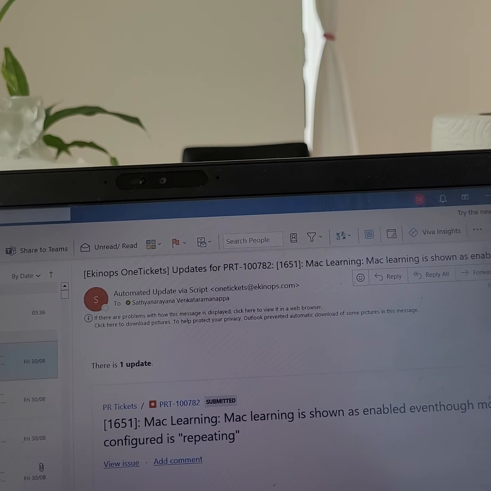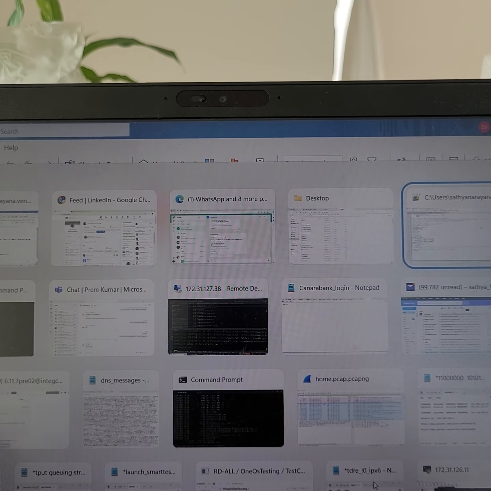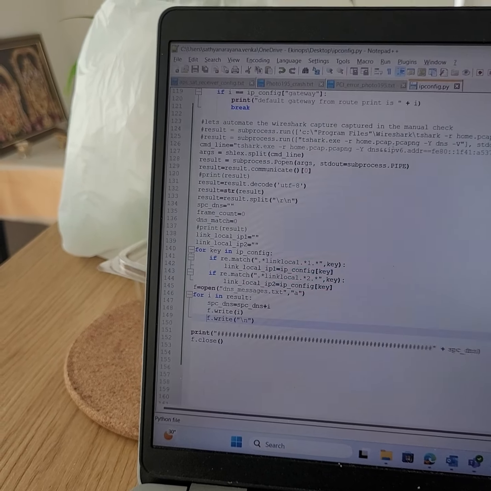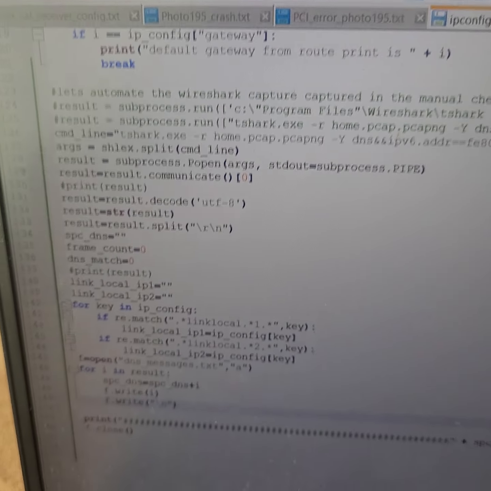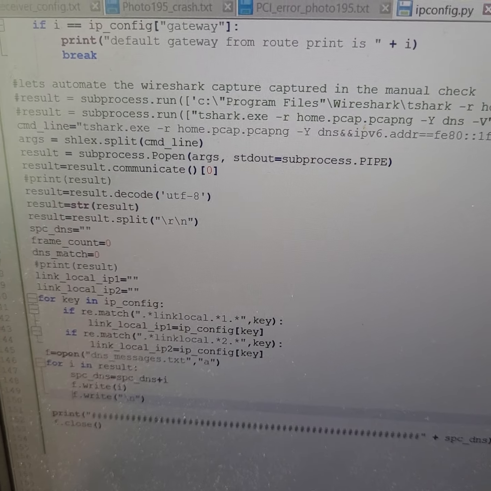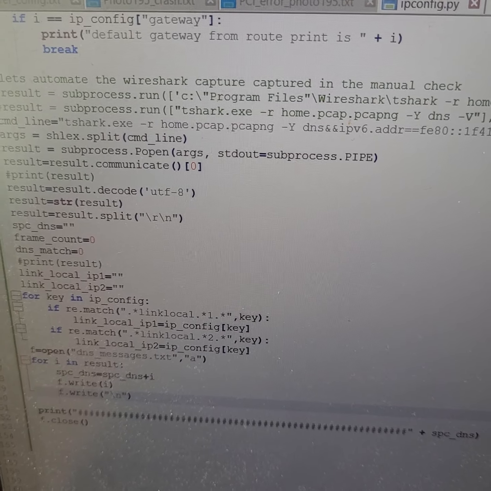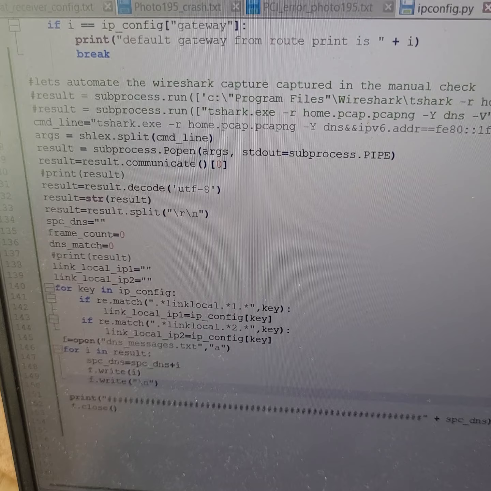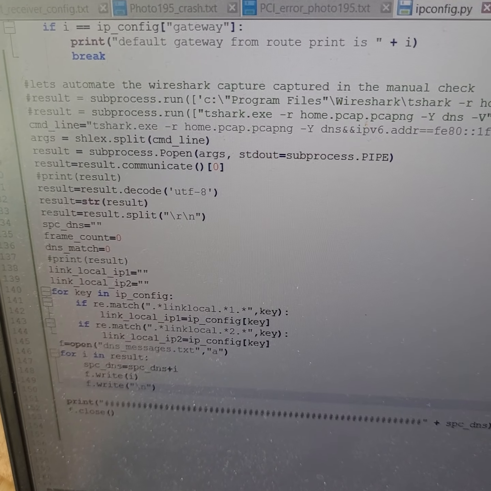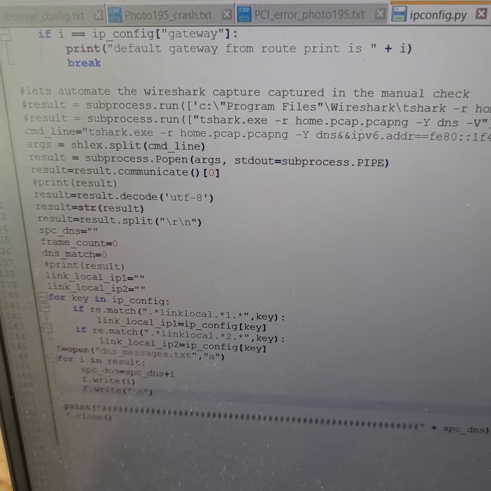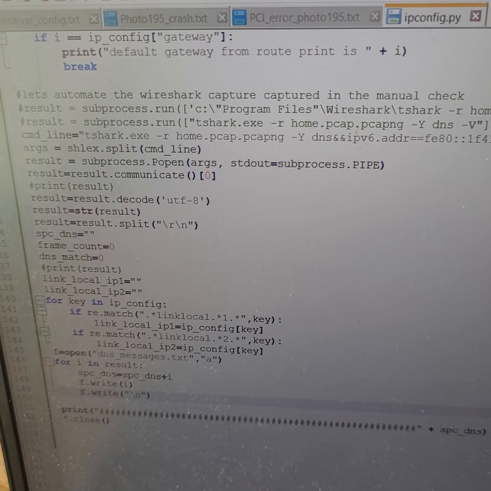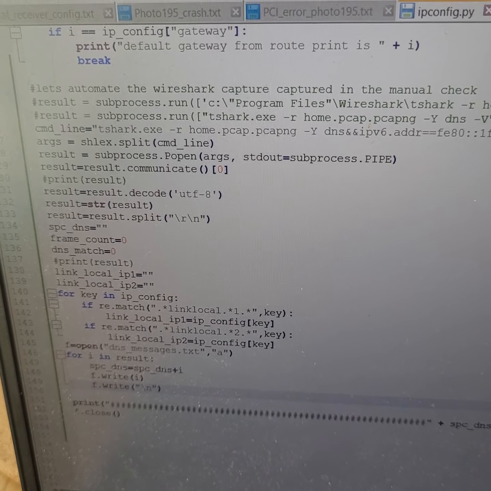So this is the script that we have, right? If you see here, I've written "let's automate the Wireshark capture in the manual check". Whatever capture that we did last time, we will parse it and see how it is generated as part of the file, and then we can work on it to check different parameters of the Wireshark trace for each packet. That is to be done in the next class, but in this class I will show you how to use